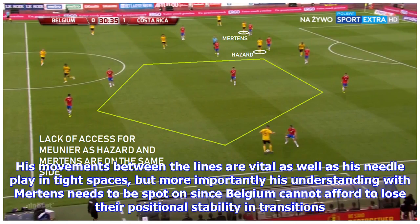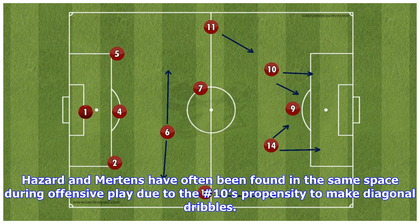His movements between the lines are vital, as well as his needle play in tight spaces, but more importantly his understanding with Mertens needs to be spot on, since Belgium cannot afford to lose their positional stability in transitions. Hazard and Mertens have often been found in the same space during offensive play due to the